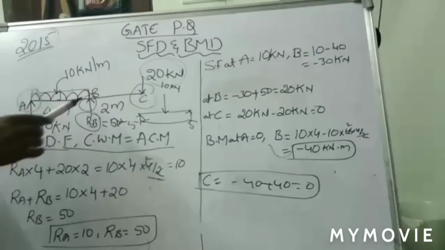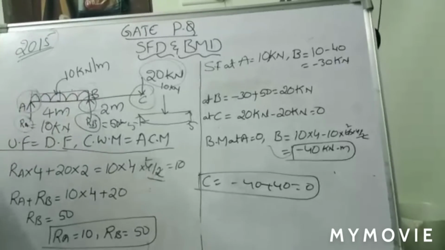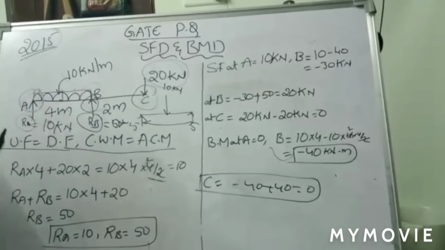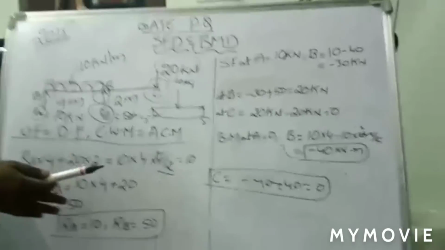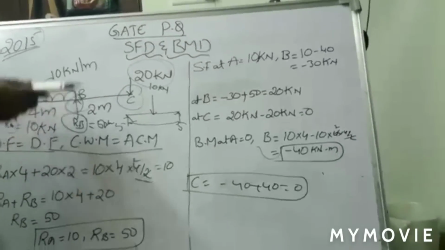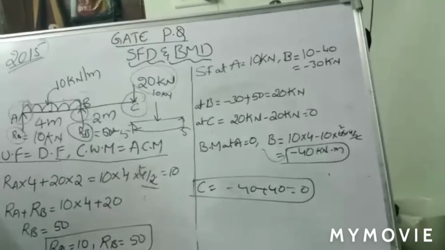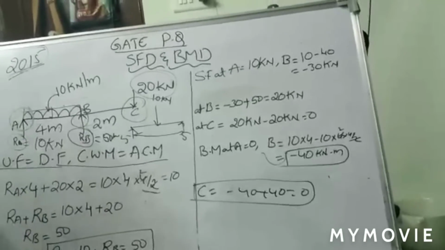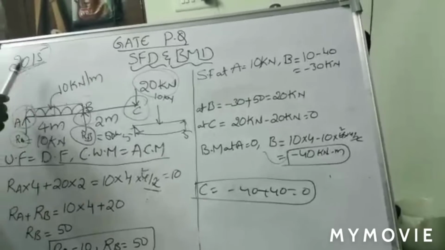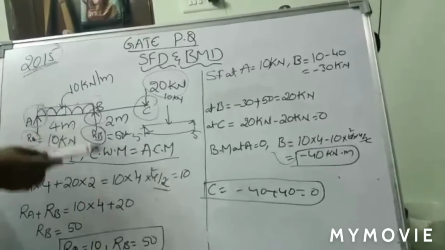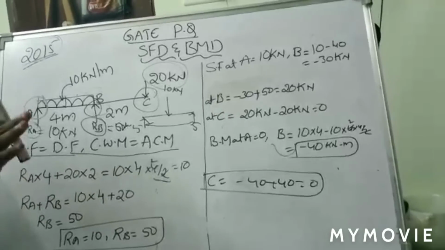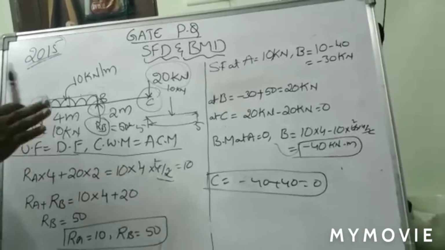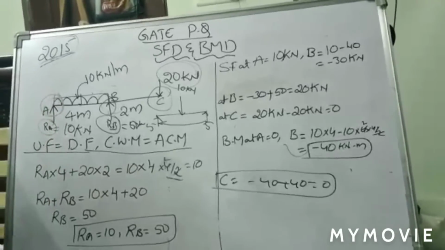The only thing you have to concentrate on is the value at B. Those values will automatically be your maximum bending moment value, right? So that is the basic point. This is how you are supposed to solve your problem in an overhanging beam, especially in shear force diagram and bending moment diagram. This problem is from 2015, one of the sets, right? This is a very, very important problem. Normally they will ask overhanging beam containing UDLs and UVLs, right? Thank you.